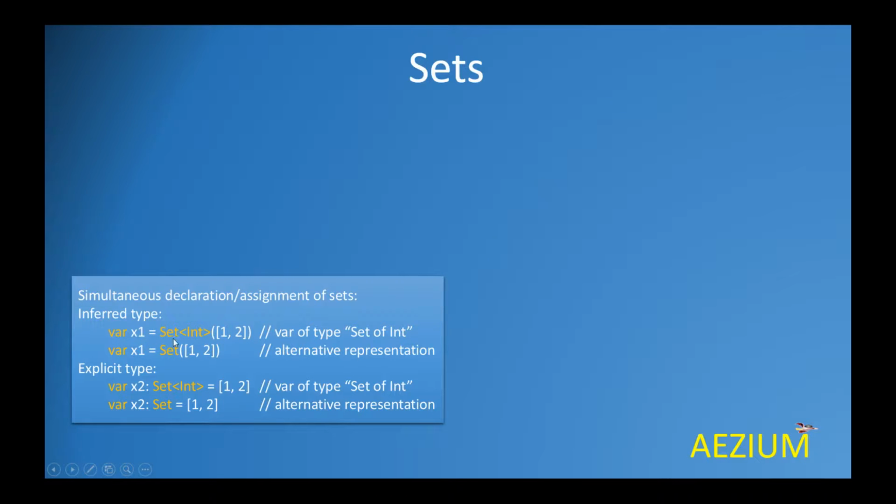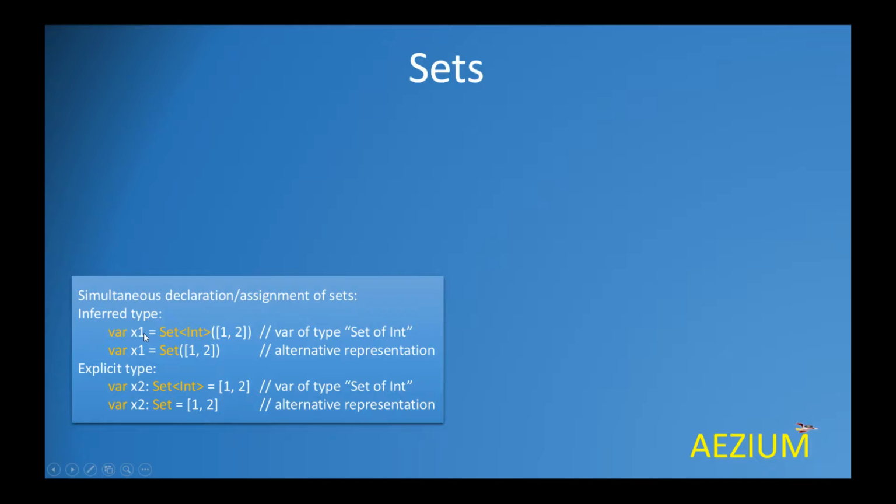So what this expression is indicating is that by just first looking at the right hand side of this, we are saying that we are creating a set of integers and initializing that set to be of value 1 and 2, and